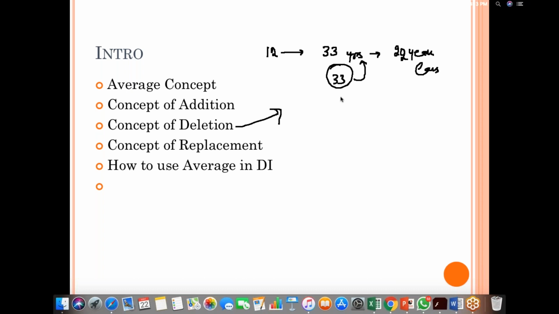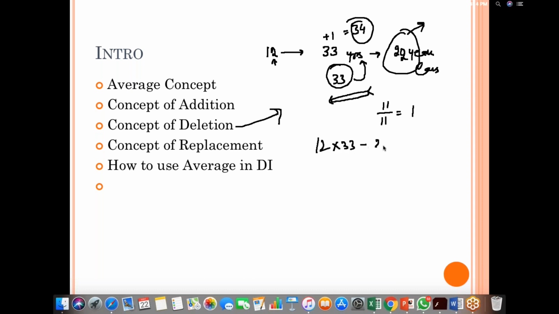So in Hindi we say that adding a donkey to donkeys, the donkey remains a donkey, right? Or average is added to average, then average remains average. If average is removed from average, then average remains average. So we are taking 22 and 33, we are taking how much? We are taking 11 less. So this 11 will benefit these 11 guys, because one is gone, 11 are left. So one will be increased. My average will become 34 now, right? Otherwise, we'll do 12 into 33 minus 22 upon 11. That should also give me the answer as 34.